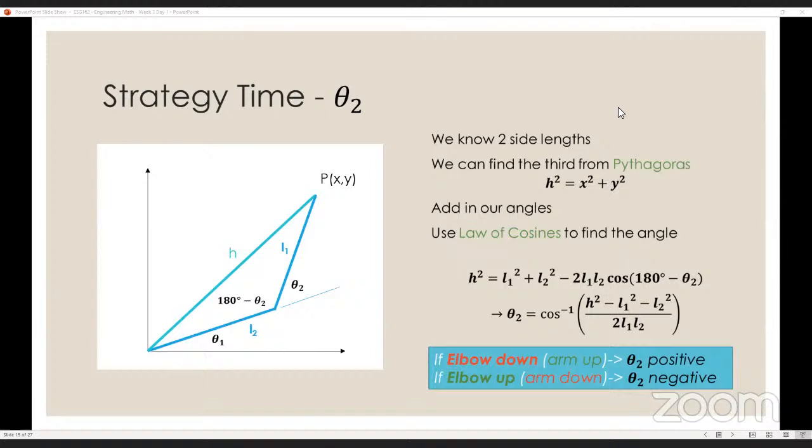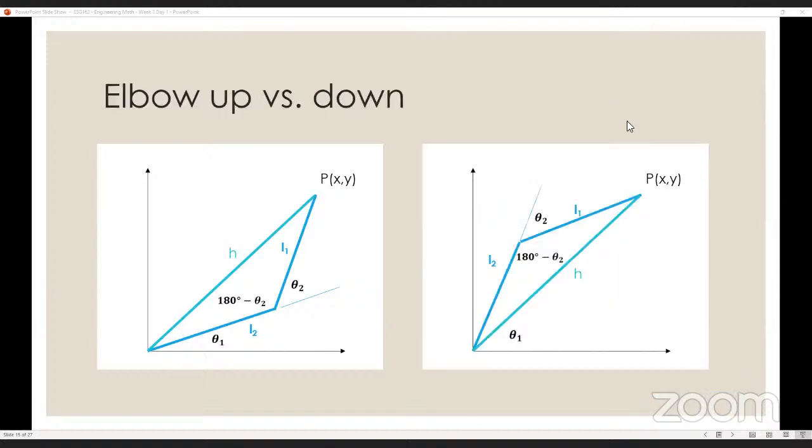Theta 2 is positive for elbow down and negative for elbow up. So there are two configurations for any position that we want to hit: you can have an elbow up or an elbow down position. The thing about these is that they should make a trapezoid when you put them together that share the